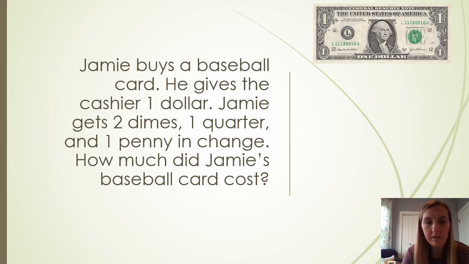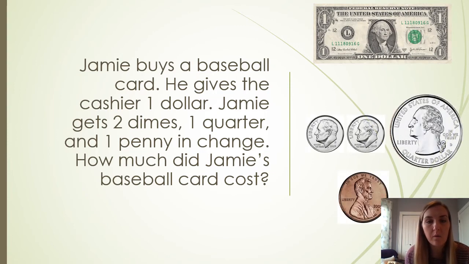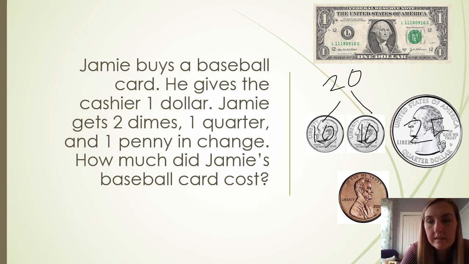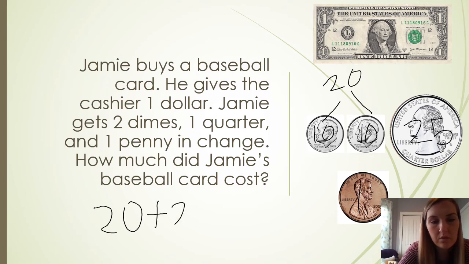He gives the cashier $1. Here are the coins that Jamie got back in change. Let's figure out how much money Jamie got back looking at these coins. All right, I know that a dime is worth 10 cents. 10 and 10 makes 20. How much is a quarter worth? A quarter is worth 25 cents. And a penny? 1 cent. So we're figuring out 20 plus 25 plus 1 equals